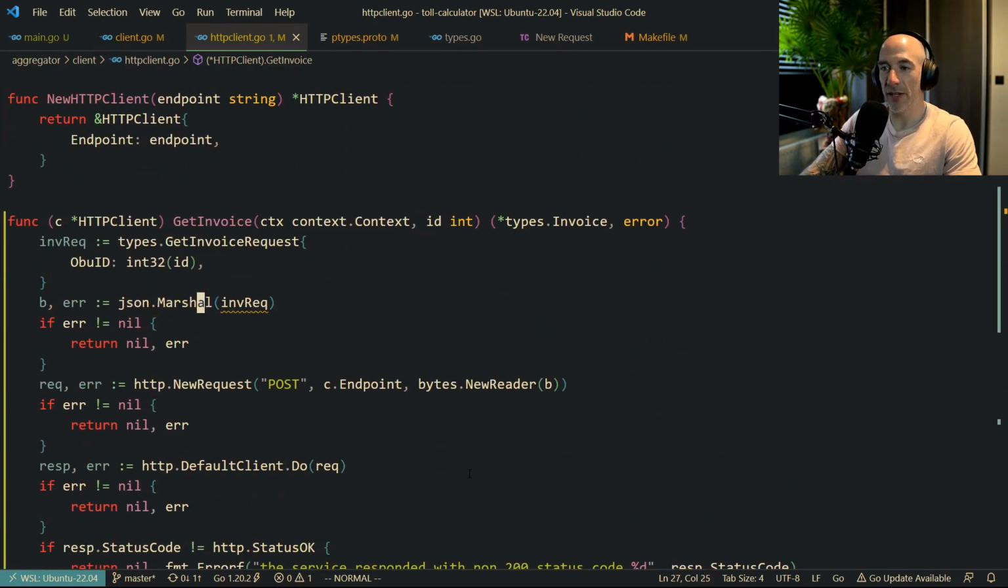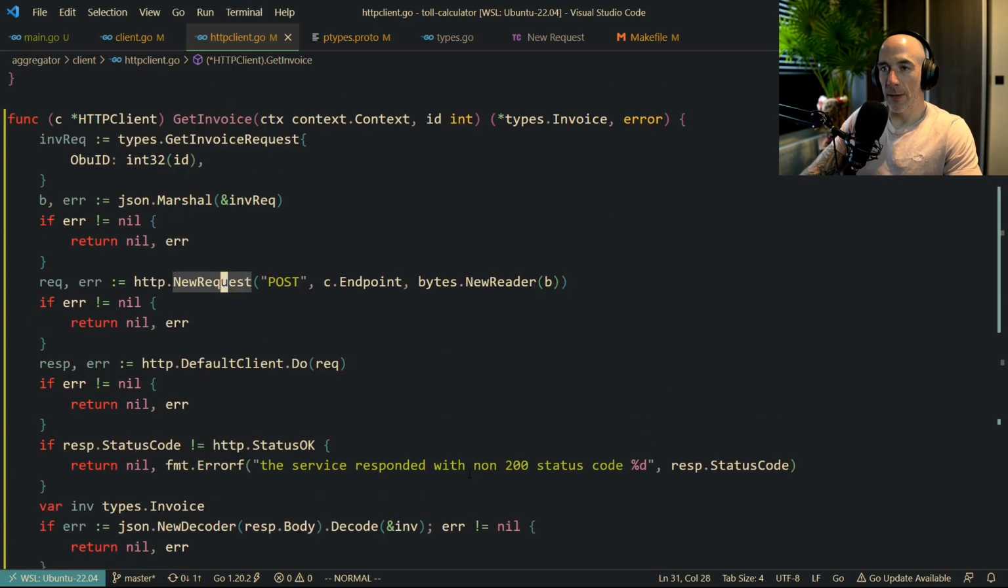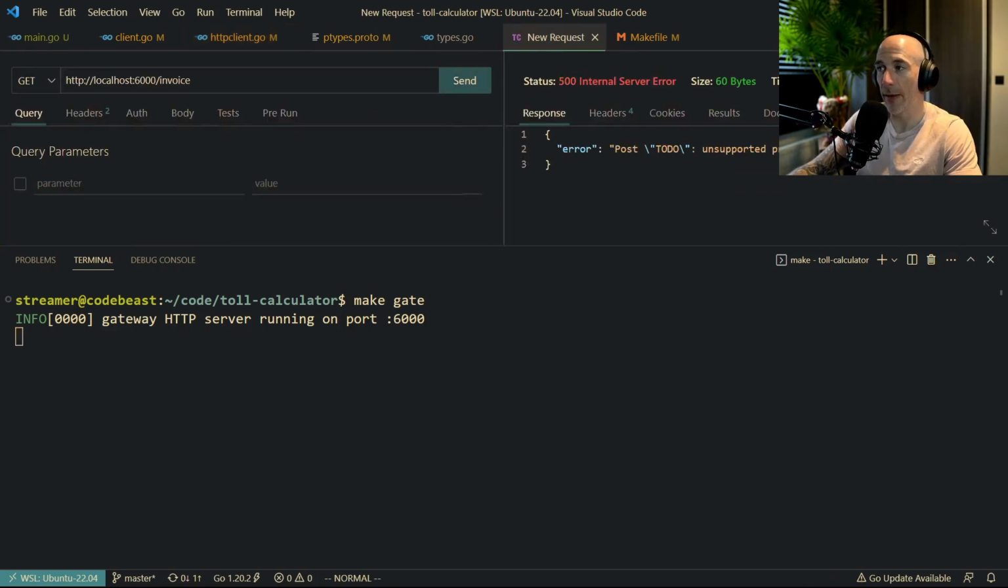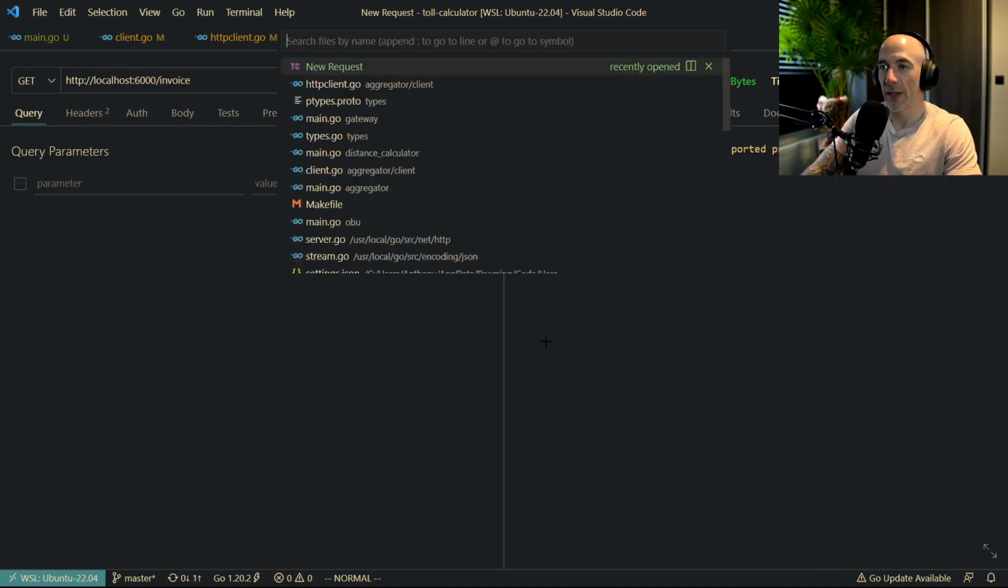We have a problem here. Yeah, that's true. Do we need to do this? Yes, give it the pointer here. Perfectly fine. Here, here, and here. So what's going to happen is, let's just make gate, and it's going to work out. And the reason why is because you will see, oh, it's an unsupported protocol scheme. That's true. That's because in our client,